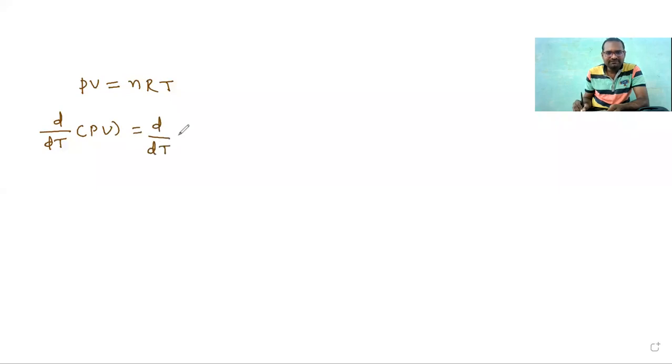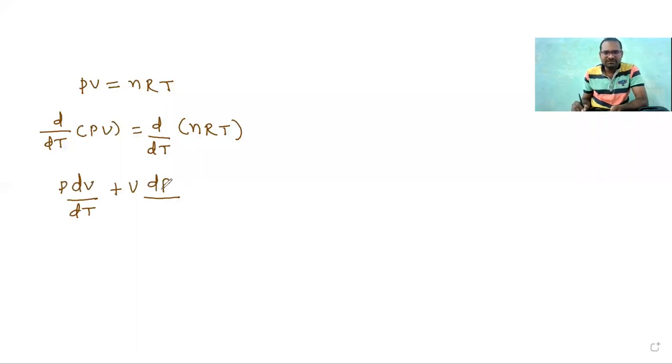Okay. Now, we know the ideal gas equation. PV is equal to what? nRT. Now, let us take the derivative of this with respect to temperature on both sides. You will get d by dT of PV is equal to d by dT of nRT. Correct? Now, we can write, first, let's suppose pressure is constant. You will get pressure constant into dV by dT, where T means temperature here. And consider volume V as constant. The remaining thing will be variable.